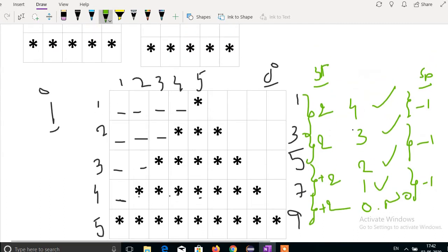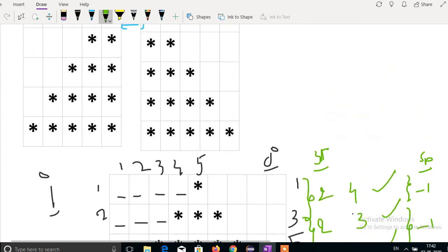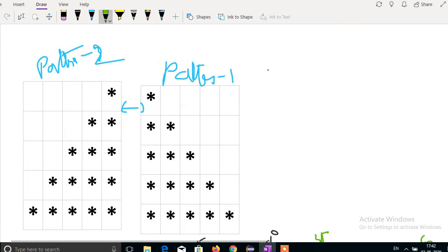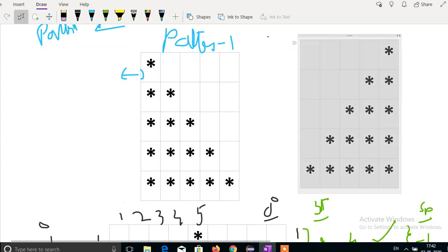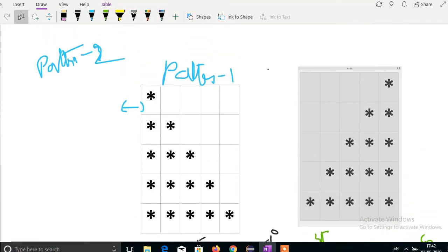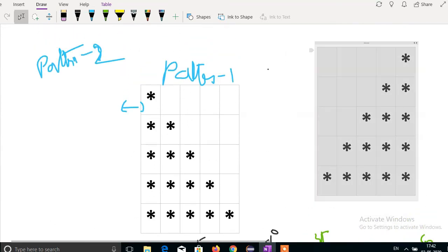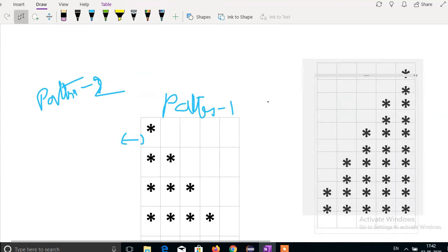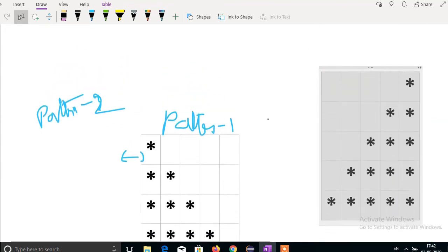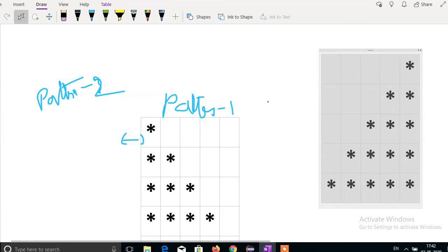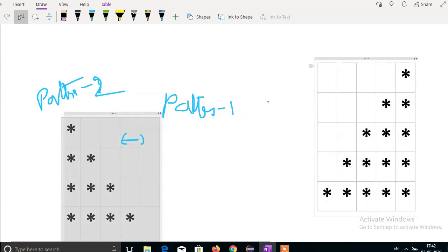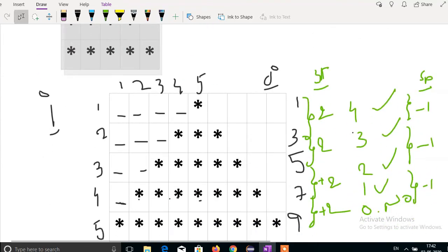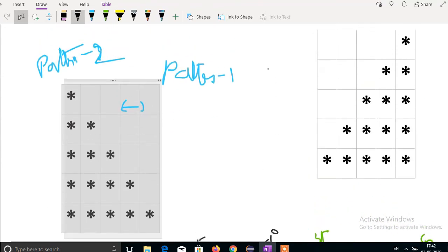Now if you look at this pattern 2, I explained this pattern in my second video, the pattern 2 logic 2 video. It is the same as this.